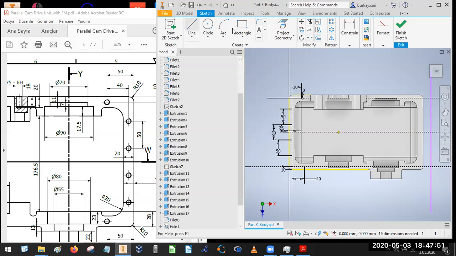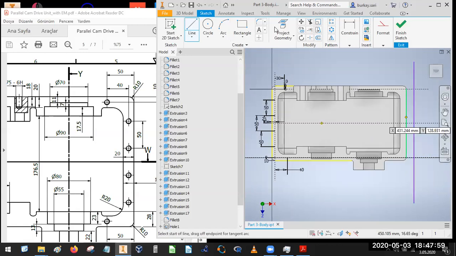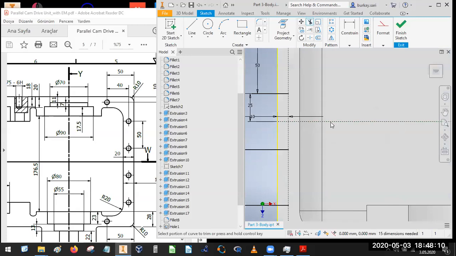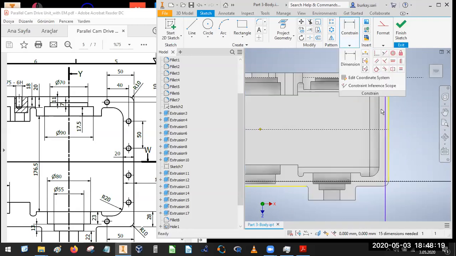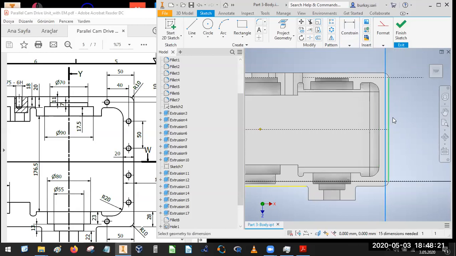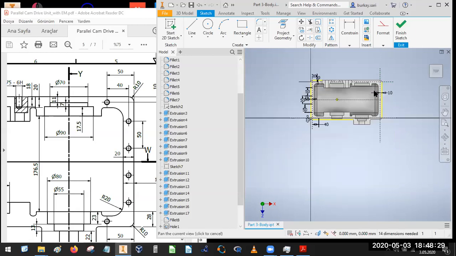For this purpose, what I'm going to do is I will just make a symmetry line between these two line ends, and I will just make this line to be trimmed in order to get the midpoint of this line. Or you can just make the dimension here. You can just extend these lines if you want so. Construction,